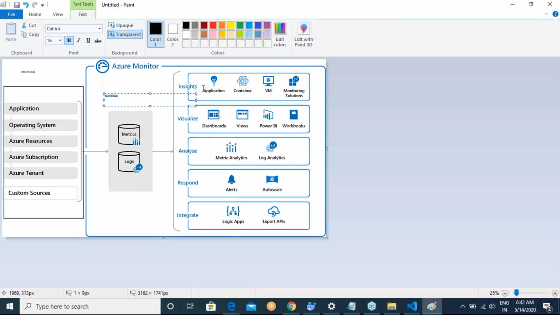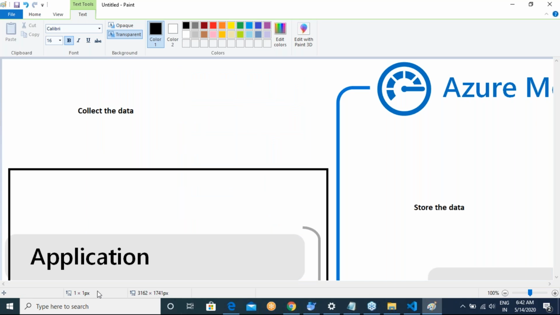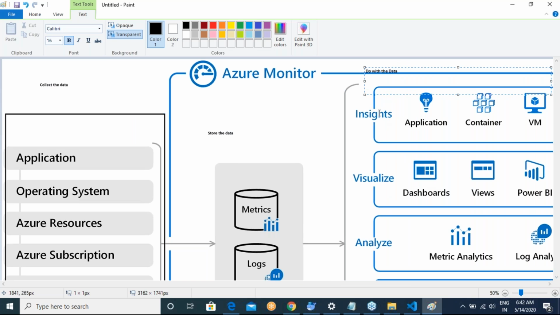This is where we store the data, and this is what we can do with the data. I'm just trying to show you the basic picture around it: collecting, storing, and doing things with the data. These are the three areas.